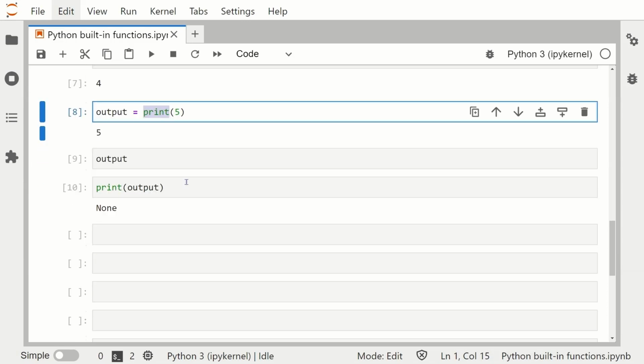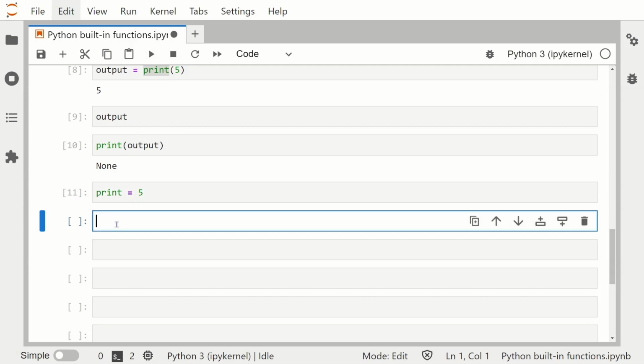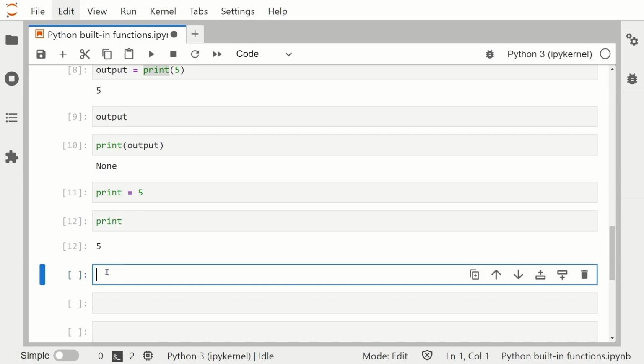I'll just scroll up a little bit here. Right, there we go. Let's use the print function here. So let's name our variable print and we'll store something simple like 5. And let's see if that worked. Yep, it worked. Now, let's try to use the print function the way that we're supposed to use it.